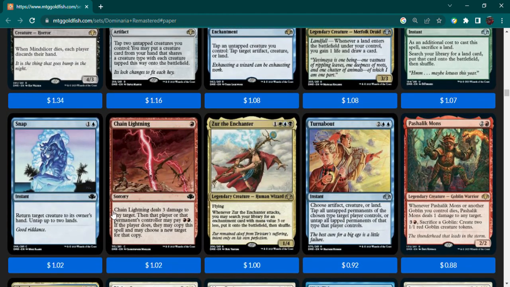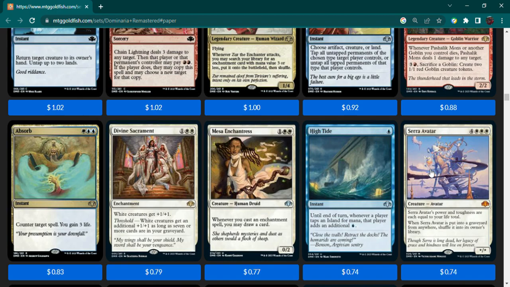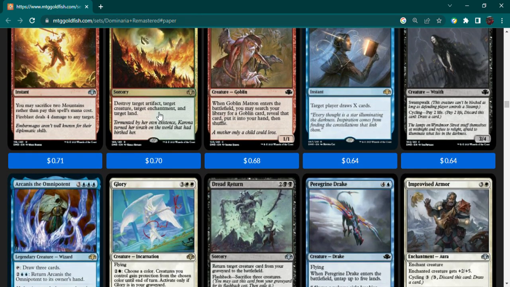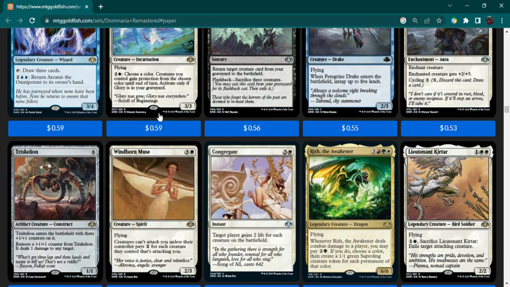And then, look, you got Chain Lightning, Snap, Zur, Pashalik Mons. I know I'm beating the drum here. This is a very solid collection of cards down here. Decimate. There was a time where Decimate was like a $4 or $5 card. I know it was only one printing at the time, but...